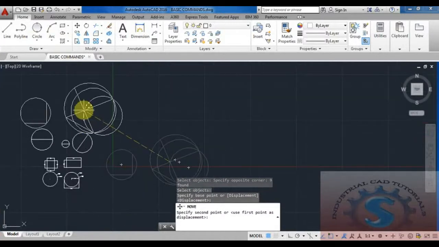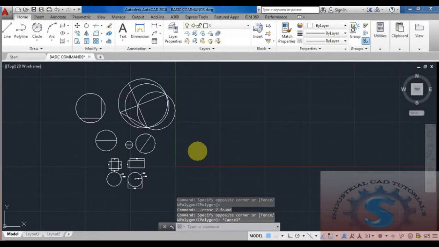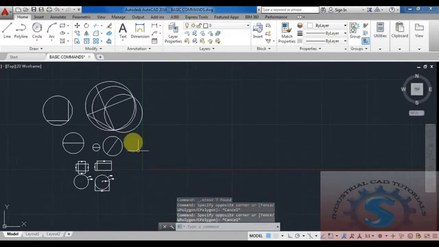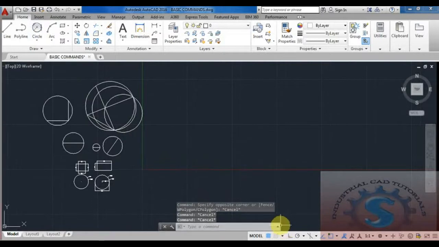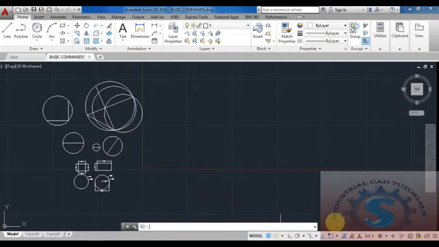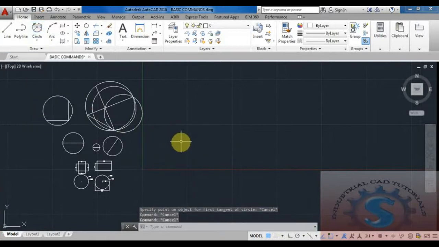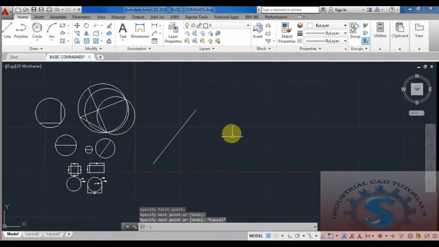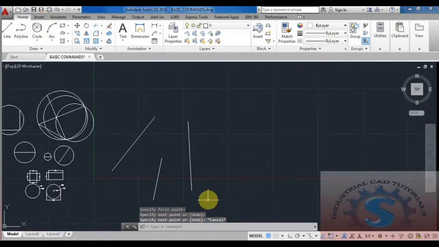Next go on to the tan radius. Tan radius is nothing but, if you observe any 2 parallel lines, there is a distance in between. Consider one of the lines. First select the